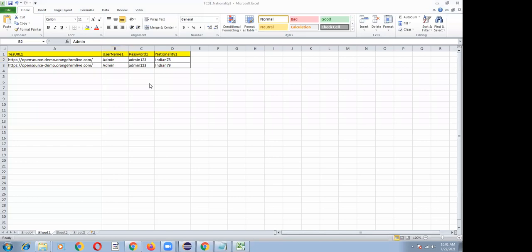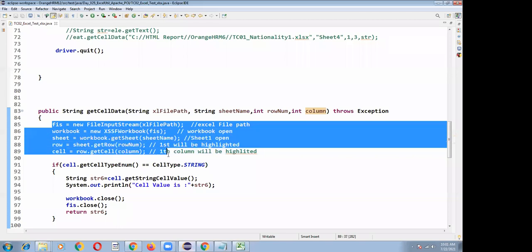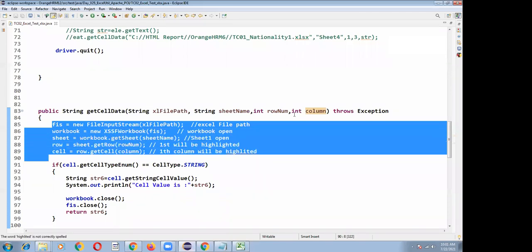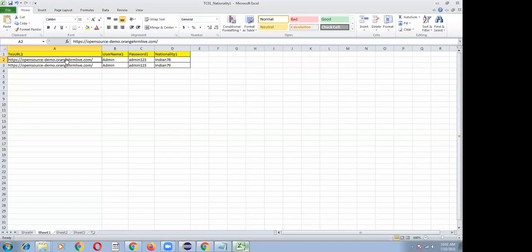That means once these 5 lines are executed, based on your row number and column number, a particular cell will be highlighted in that sheet. So first row and 0th column, this cell has been selected right now. And I want to get this cell value.